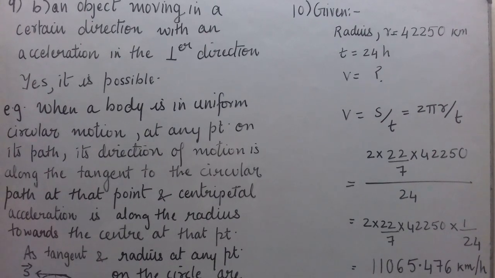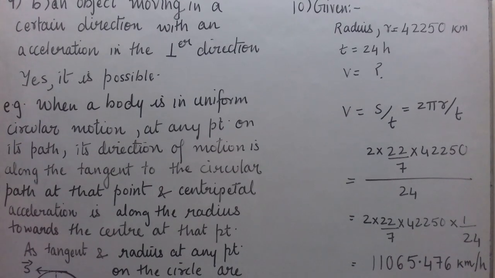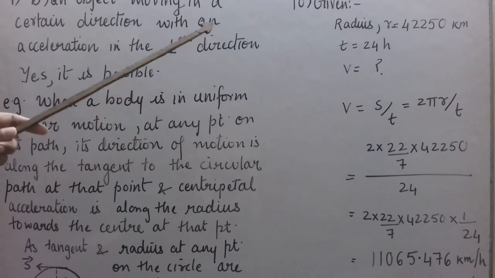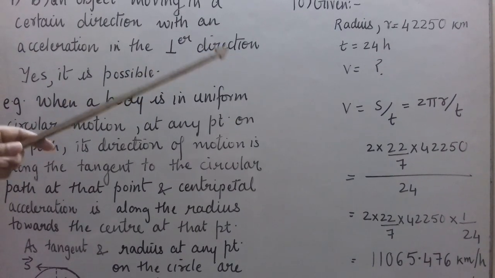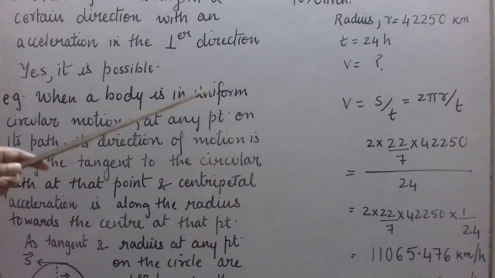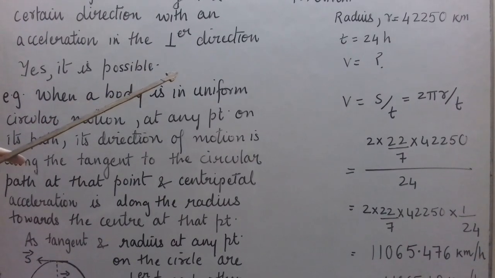An artificial satellite is moving in a circular orbit of radius 42,250 kilometers. So given radius, which I have represented by small r, is 42,250 kilometers. Calculate its speed. Speed we have to find out. If it takes 24 hours to revolve around the Earth,